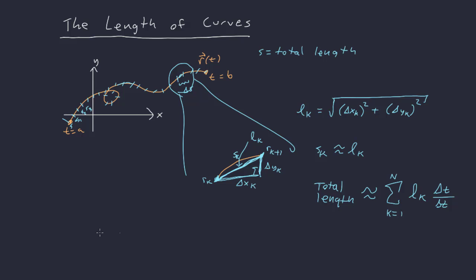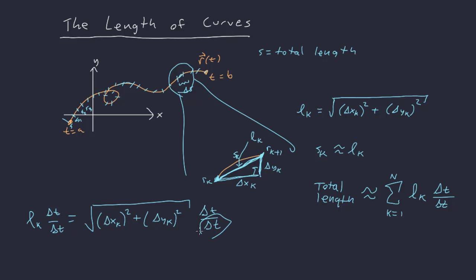Okay, so what ends up happening when I do that over here, so L sub k times delta t over delta t, that'll be the square root of delta x sub k squared plus delta y sub k squared times delta t over delta t, and I'm going to bring this delta t into the square root, and to do that it ends up being,